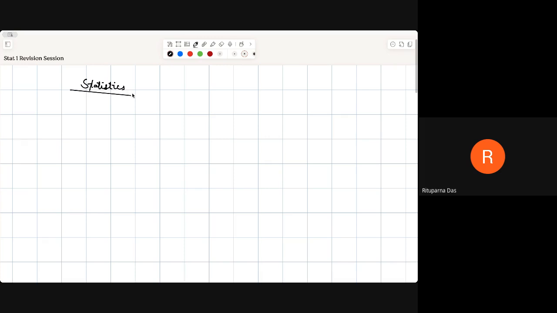Firstly, we talk about population and sample. Population is the total collection of all elements. So for example,